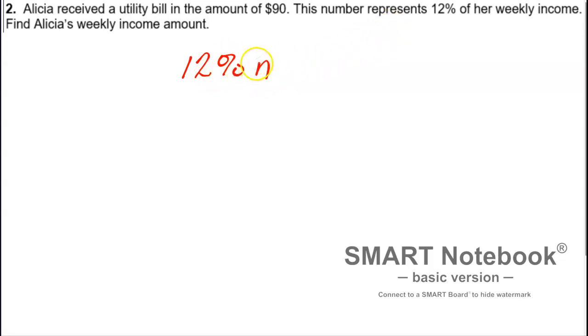We're getting very comfortable using N, right? It's just an unknown number, right? Her weekly income equals $90, okay? Now, with word prompts, it's always important to know what N is, okay? So you don't make silly mistakes. So N is the weekly income. Now, you can be sloppy and not include this, but since you guys are in the beginning stages, make sure you do that. Hey, what is N? Okay? So anyways, we can set this up this way,